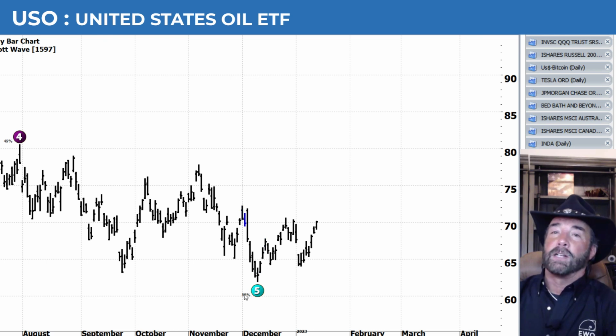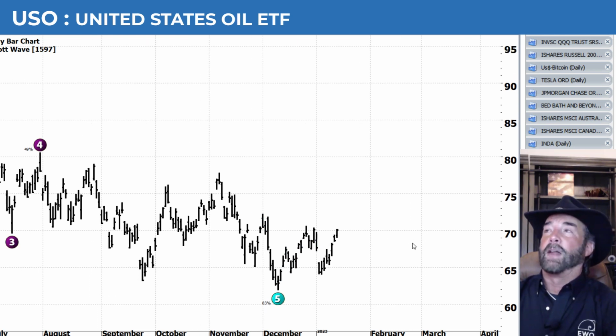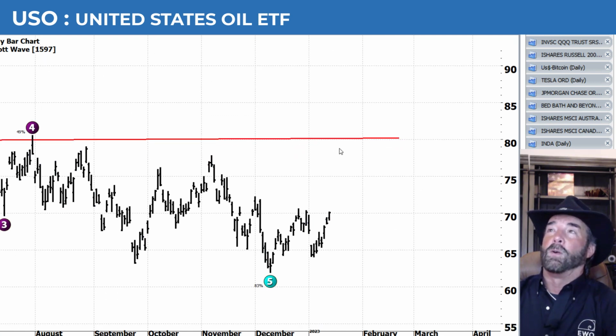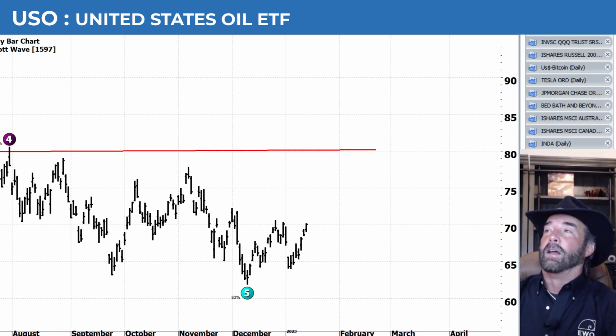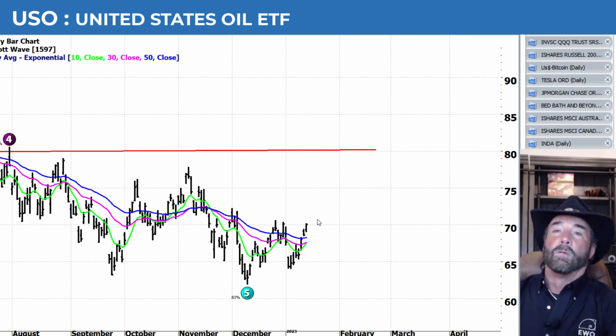The wave 5 did not extend beyond 100%, so when that occurs, you look for a corrective move back up towards the previous 4. So oil looks like it wants to try to challenge that 80 level. We're getting a bid here, and we'll be looking to see if we get some follow through to that move